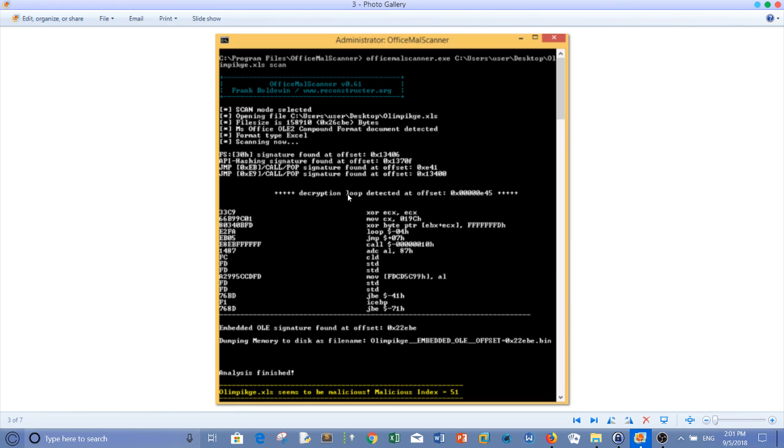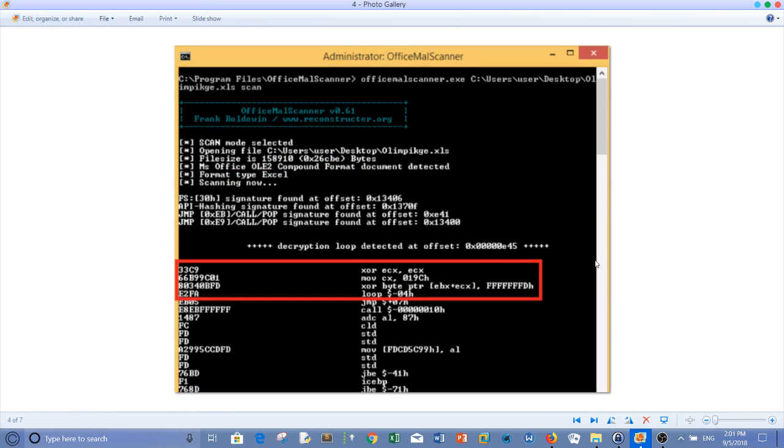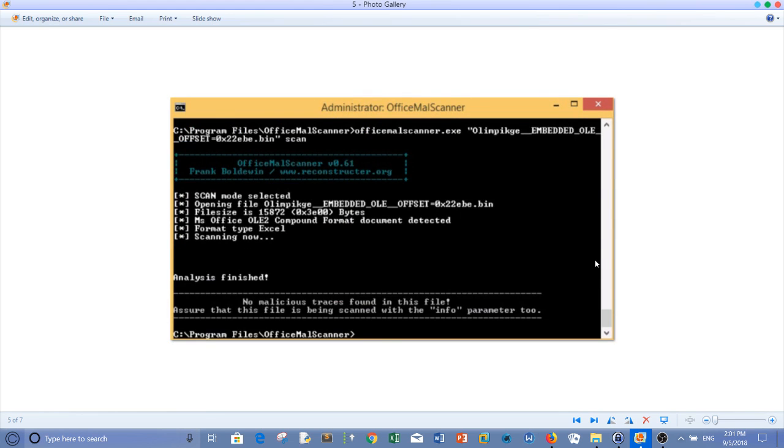So we have a decryption loop, and we have XOR commands, and we have jump followed by call. So basically, malware does kind of jump to a specified address, which is over here, to call the malicious code and then pop off the last byte of the stack. That's why this file is determined to be malicious, basically. Alright, okay. So here,